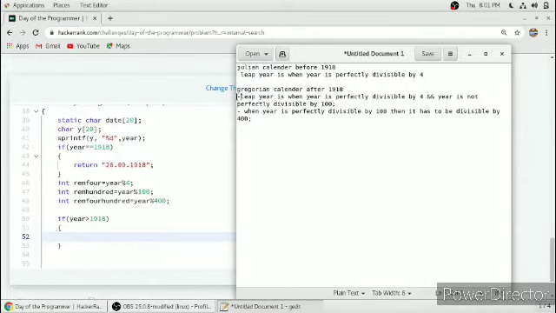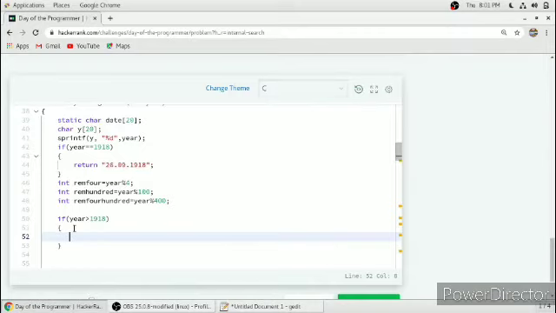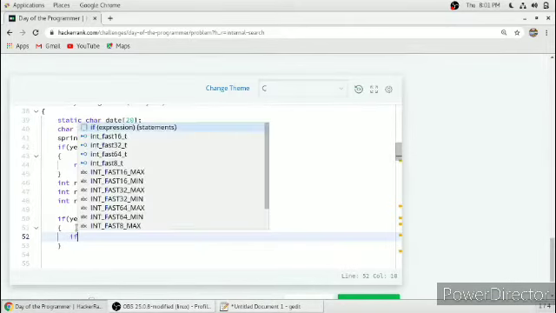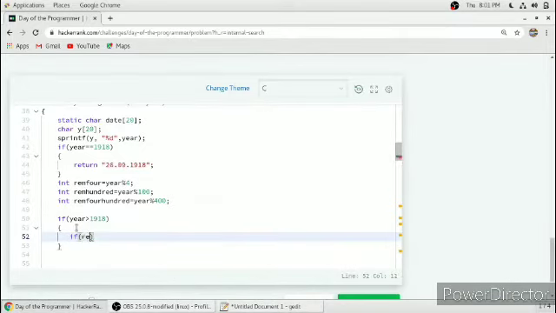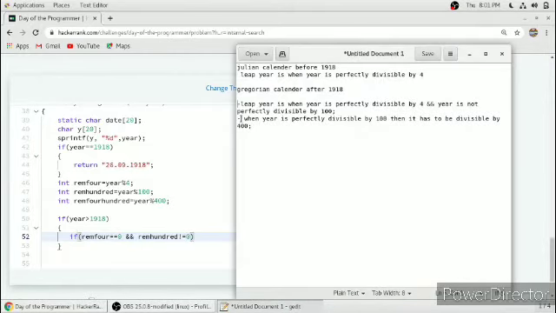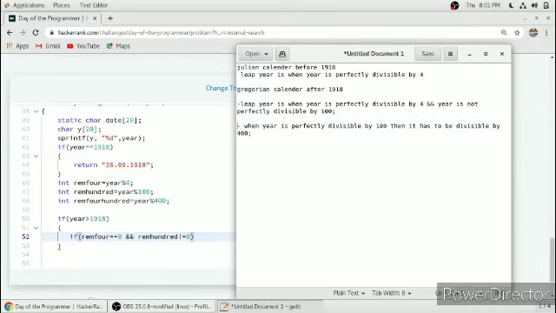That is, if remainder of 4 is equal to 0, then we check another condition: if the remainder of 100 is not equal to 0. So we are satisfying the first condition, and in this case the year is leap. I will keep it on the screen so that you can see what I am doing.